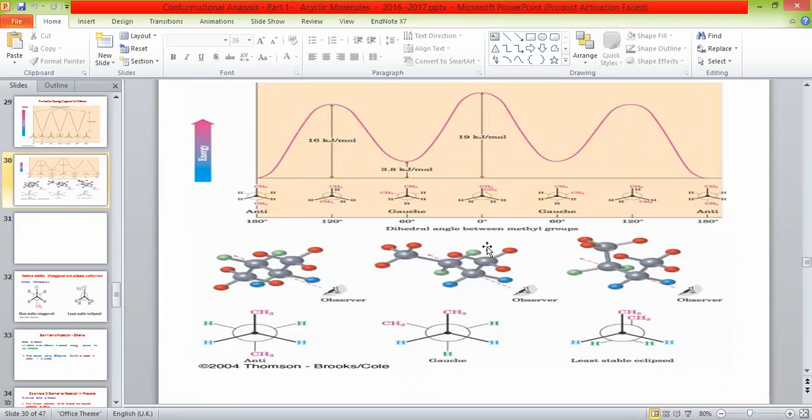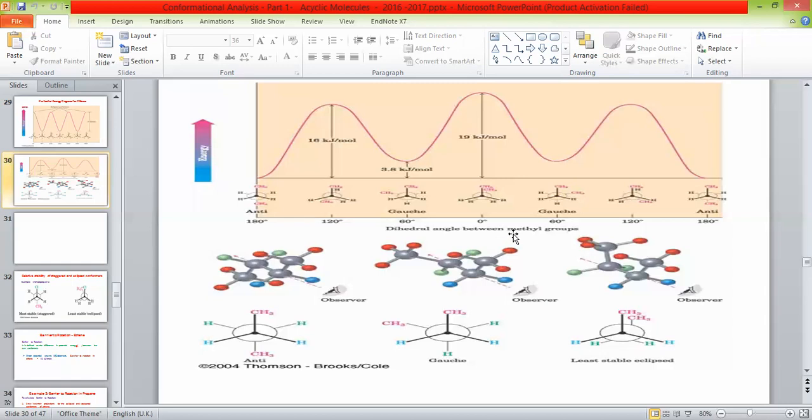Meaning the first moment you observe your molecule, what you're going to draw, you have to find out: is it at gauche, or is it at eclipsed, anti-eclipsed, I mean. So you have to establish this. Now, this is going to be time consuming on your end, and it might make your drawing of the energy diagram a bit tricky. So what you should do is, instead of using dihedral angle, use